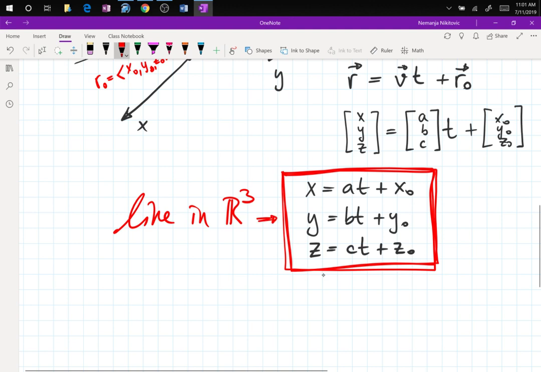Never, I just wrote the line in R3. So that's the line in R3. And there is another way to write this, which pretty much no one uses, but I saw some problems that